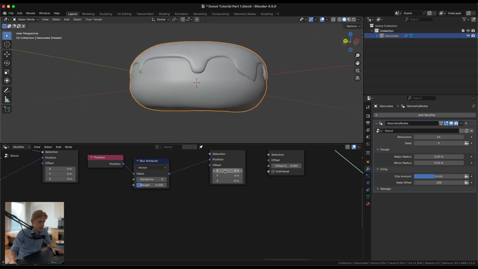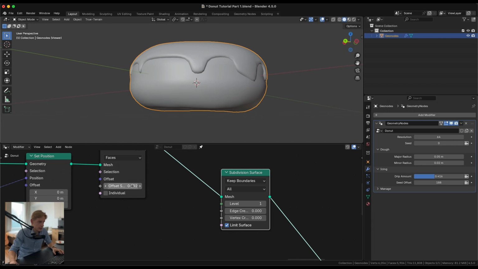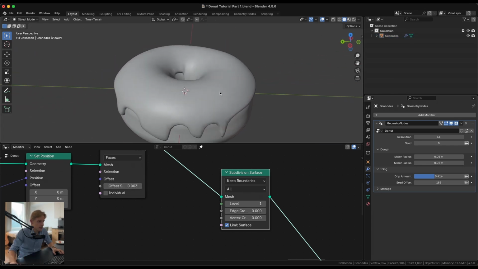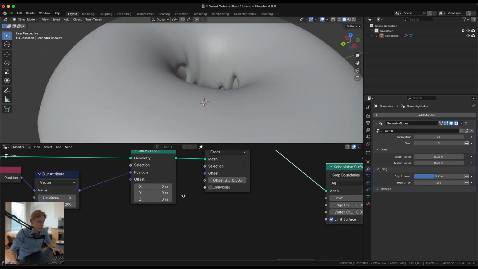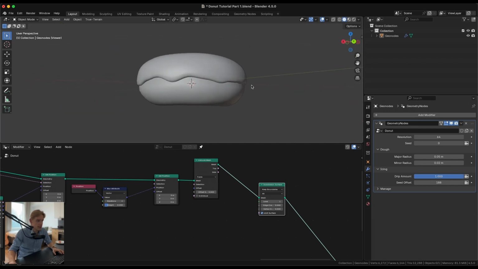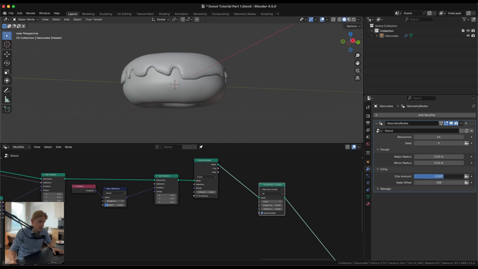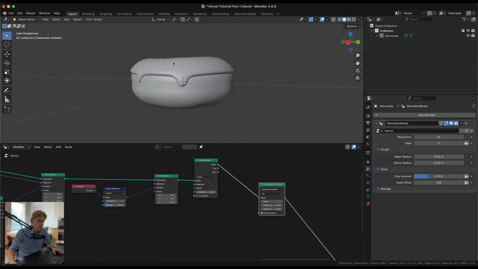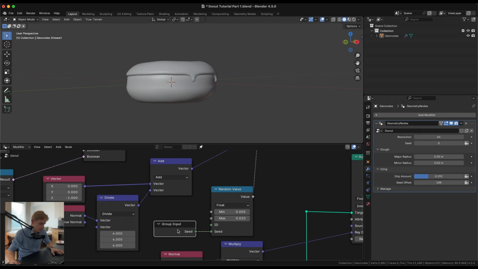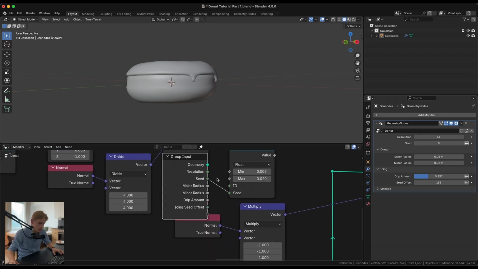Isn't that fantastic? Make it a bit thicker, the icing, and it's looking great. So now we can say how much it's gonna drip, and if it all drips, it gets like this natural edge, which is actually really nice looking, I must say. So we can have just a few drips like so, and then we could actually also add into the group input sort of